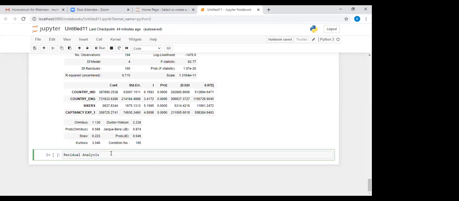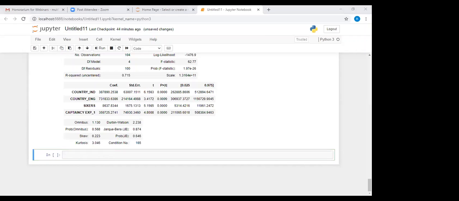This can be verified using the residual analysis. Before using this ordinary least squares model, I defined the assumption that the error should be normally distributed. So to check whether the normality of residuals holds, we do residual analysis.